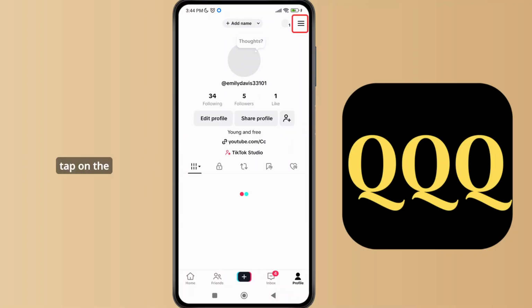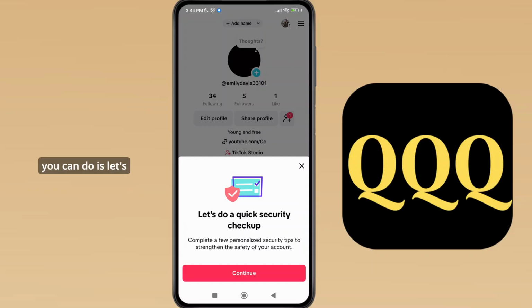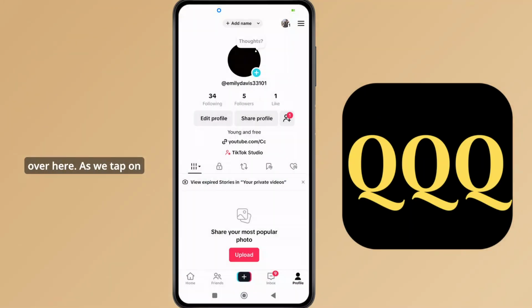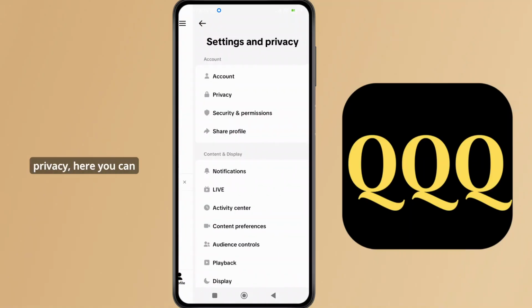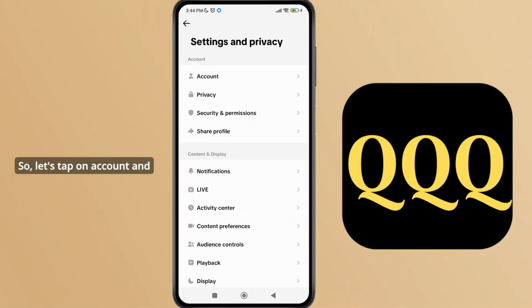So let's tap on the hamburger icon at the top right corner of the screen, and as we tap on it, let's tap on settings and privacy over here. As we tap on settings and privacy, here you can see the options of account. So let's tap on account,